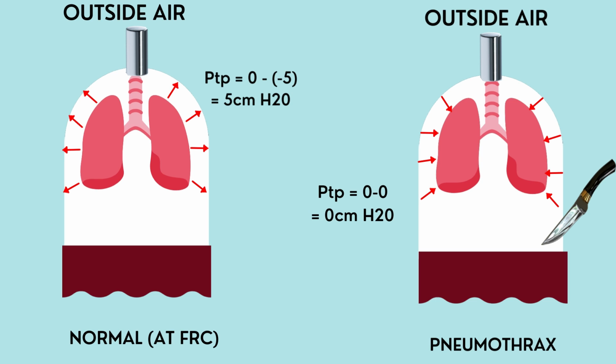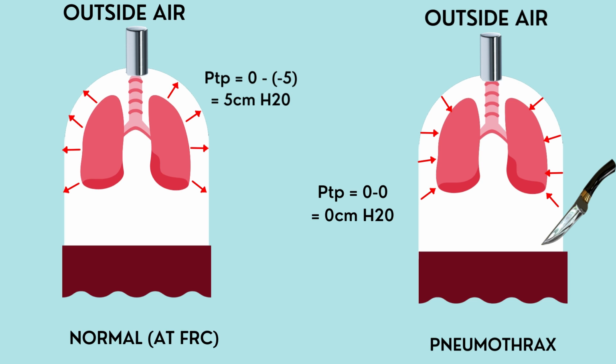Like the air is going to flow in. Since the pleural pressure is normally negative, the air will flow in till the pressure outside in the atmosphere and inside the pleural space is balanced. So basically the atmospheric pressure, as everybody knows, is 0 centimeters of water. Now since it flows in and balances the intrapleural pressure, the pleural pressure also becomes 0 centimeters of water. So now the transpulmonary pressure is going to be the intraalveolar pressure, which is 0, minus the pleural pressure, which has now become 0 due to pneumothorax.